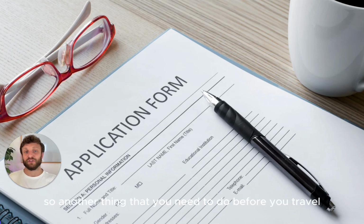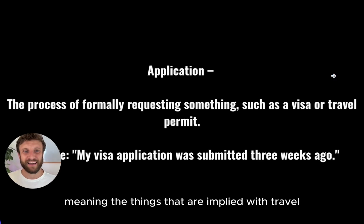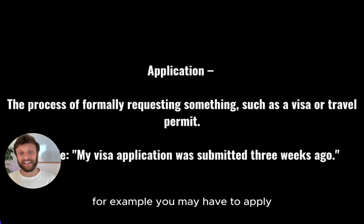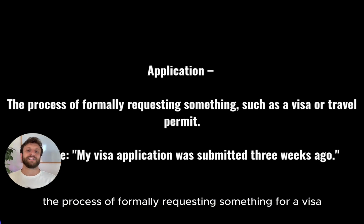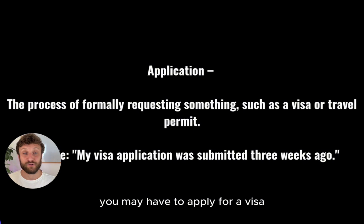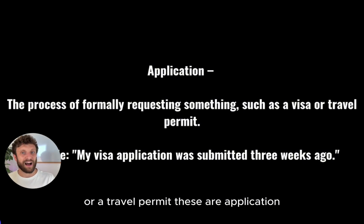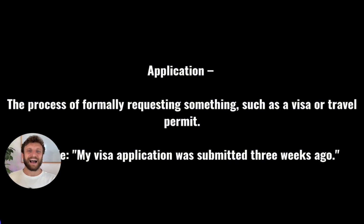Awesome. So another thing that you need to do before you travel is you might have some paperwork to do. Paperwork meaning the things that are implied with travel, to do with paper, to do with applications, for example. You might have to apply, which is the verb, for the noun application. The process of formally requesting something. For a visa, you might have to apply for a visa. You might have to do a visa application or a travel permit. These are application processes that you might have to go through to secure that you can arrive safely and legally